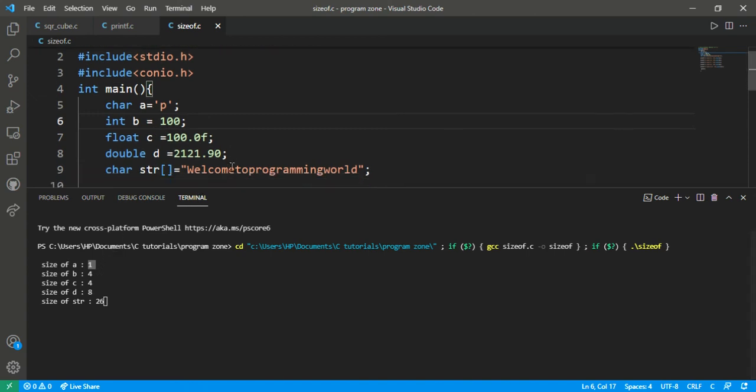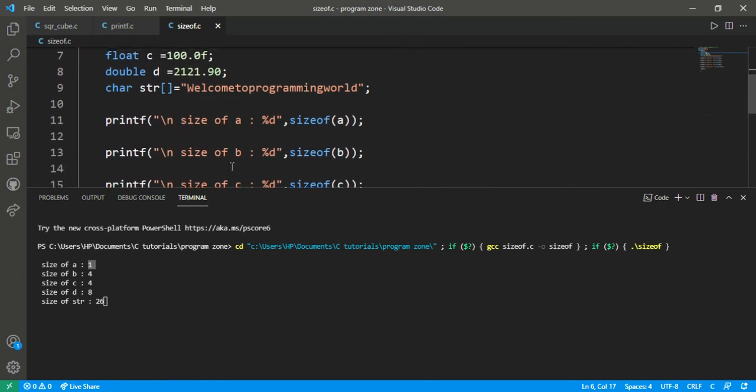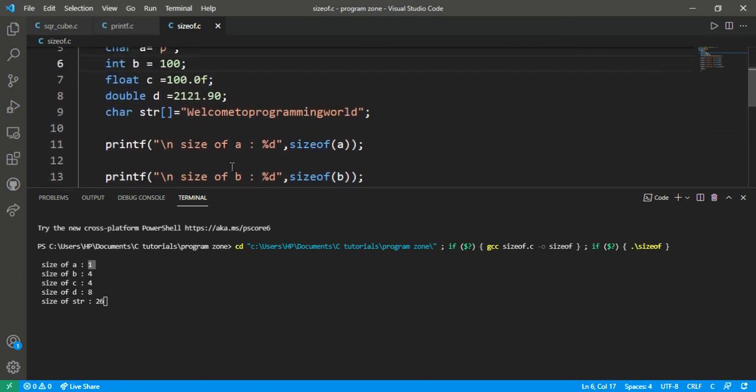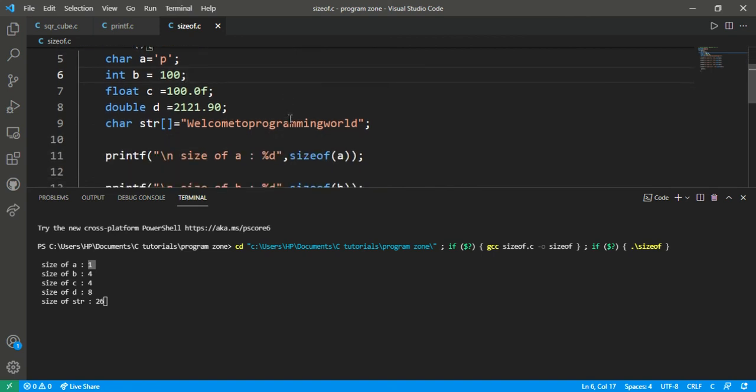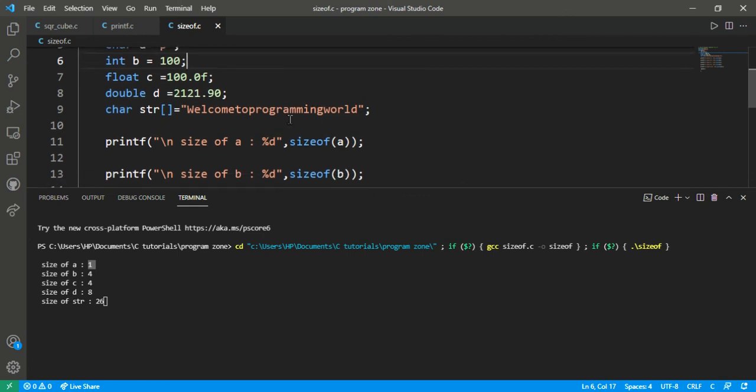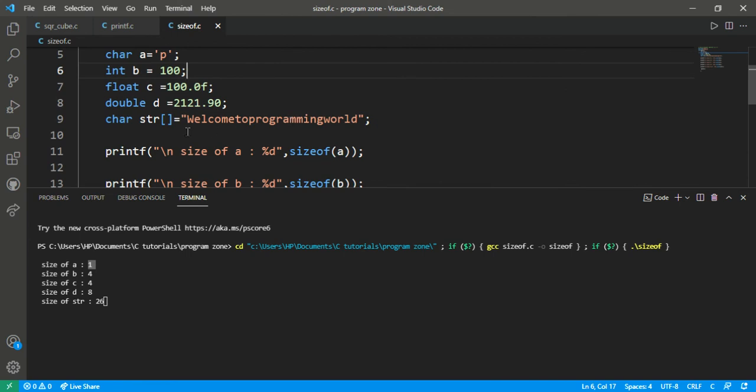The int holds 4, and float also holds 4 bytes of data, and d holds 8 bytes of data, which is double. Means double is double of float variable. And the string is the character length.